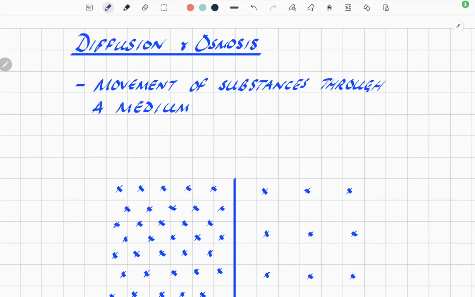So diffusion and osmosis, right? Diffusion, as you can see, is a movement of substances through a medium. And in some places, you'll see it described as across a barrier or membrane. Now, diffusion on its own can mean the movement of stuff that's in liquids, solution or whatever, across a